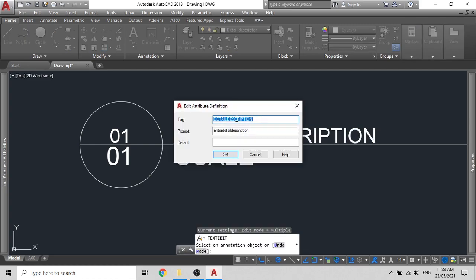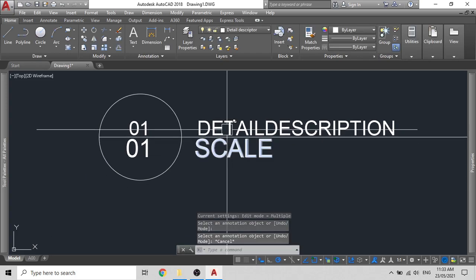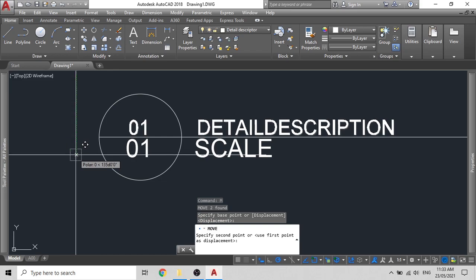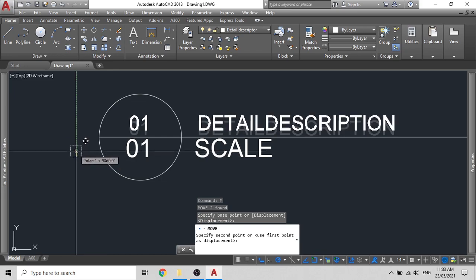It has to be in capitals. All of it has to be in capitals. So enter scale here, or just enter scale and click on OK. Now select these two. They should be slightly above that line, straight up.